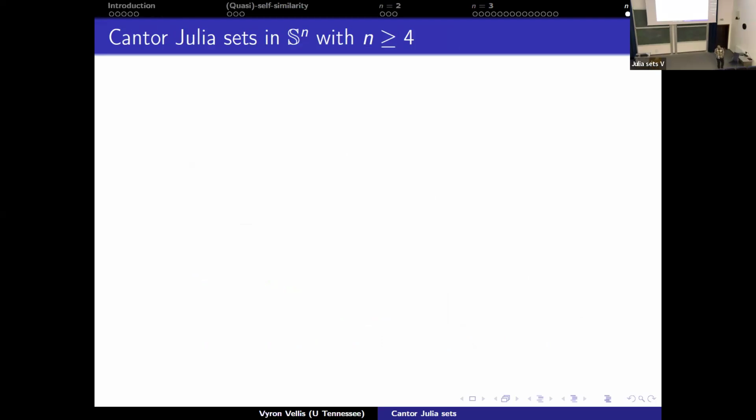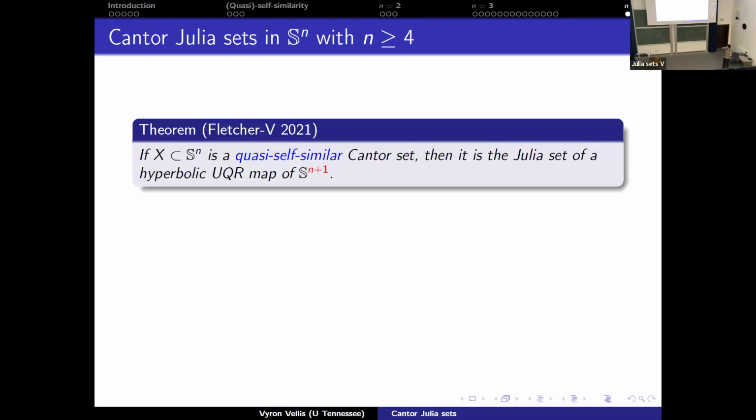So the situation in 4 dimensions is very complicated. There exist wild Cantor sets, which are very hard to describe, but we know pretty much nothing about their geometric structure. The first result I want to say is the best we could do with Alistair.